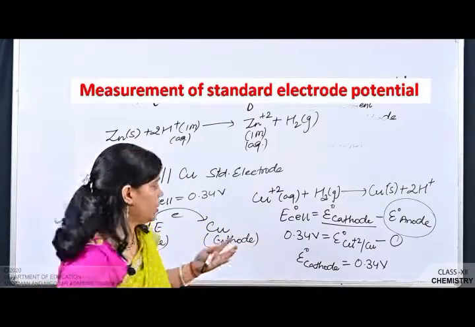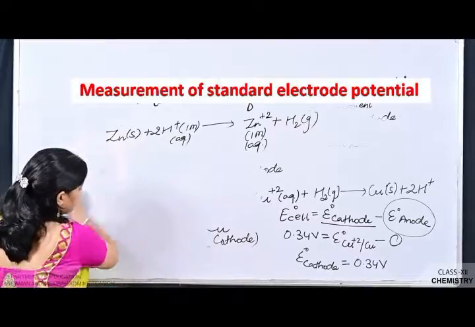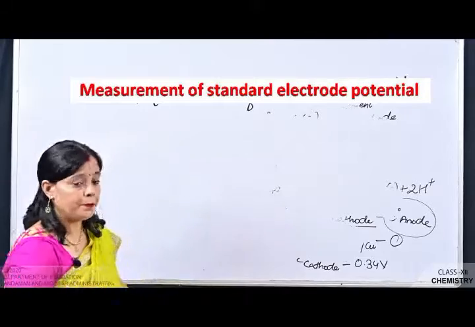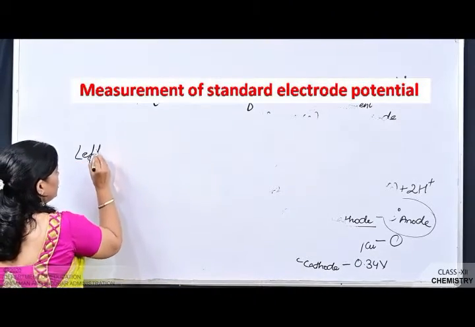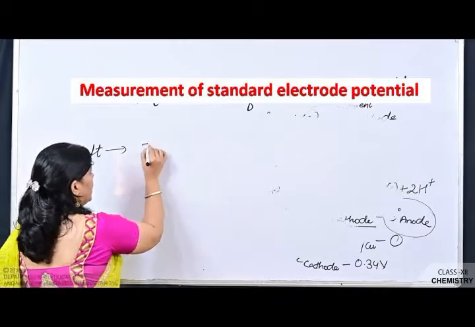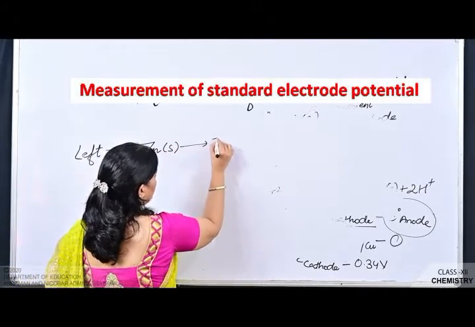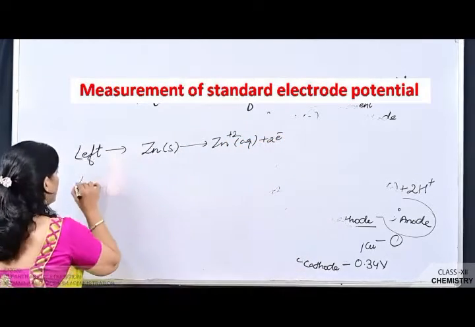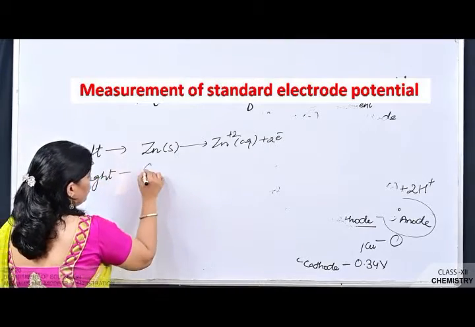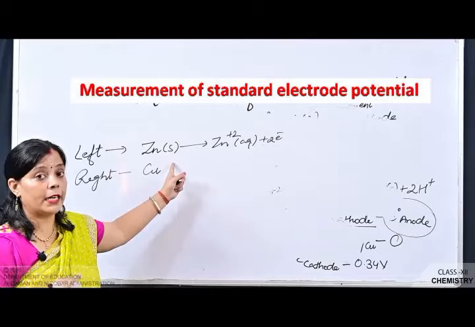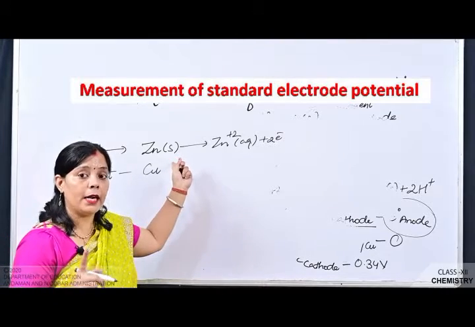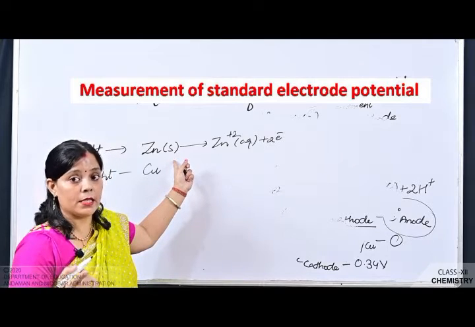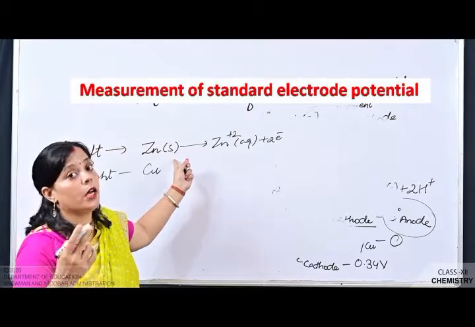So overall, by this we can predict which electrode is placed at the left hand side and which electrode is placed at the right hand side. On the left side electrode, the reaction taking place is zinc solid converted into Zn plus 2 by the liberation of 2 electrons. The right side electrode is copper, because in the case of zinc we get the negative value, and the negative value represents that the hydrogen ion can oxidize the zinc, meaning that this electrode is undergoing the oxidation process.